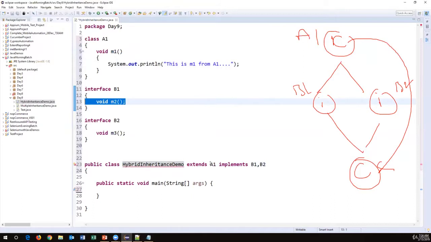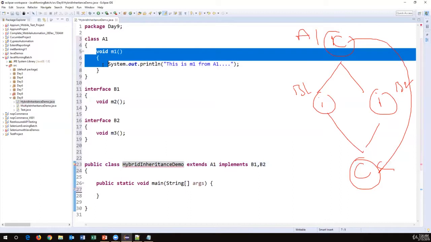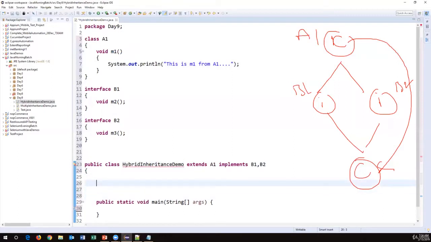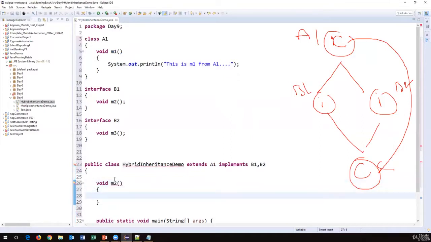But A1, we already implemented this method because this is a class, so we don't need to implement it again. The only thing is we have to implement the B1 method and the B2 method. Okay, so let us try to implement here. So void m2. So here I'll create a message. I'll say System.out.println, and here I will write a message: this is M2 from